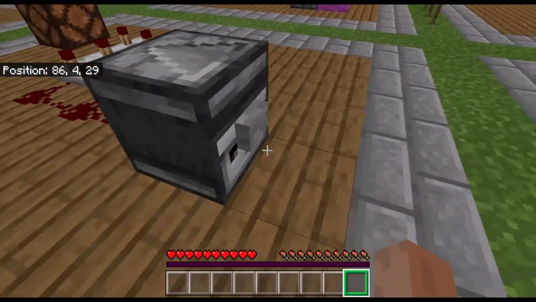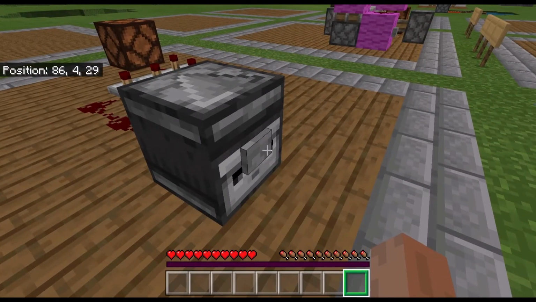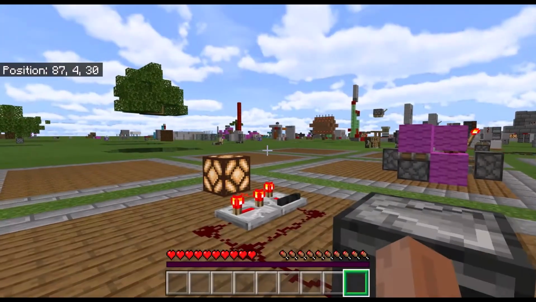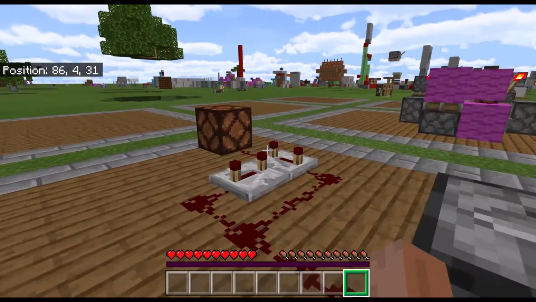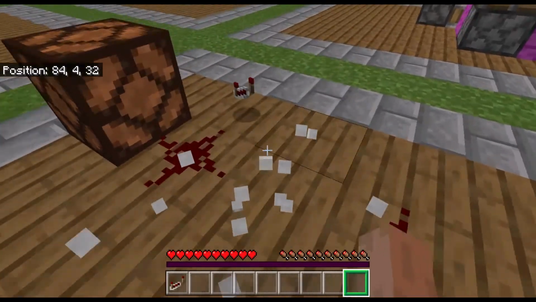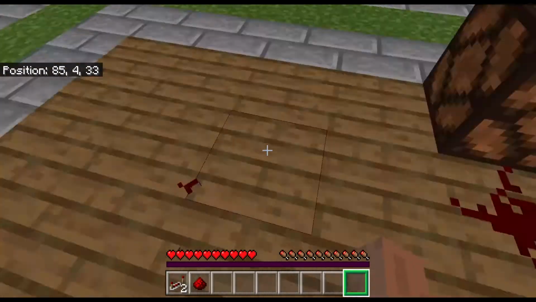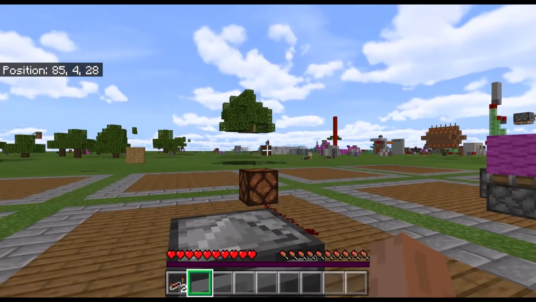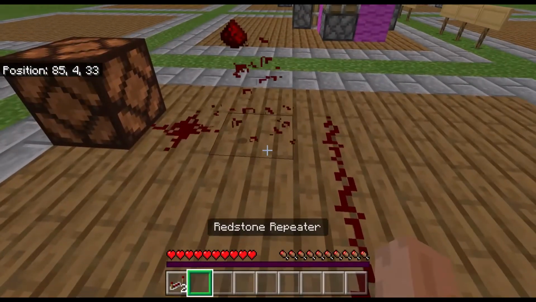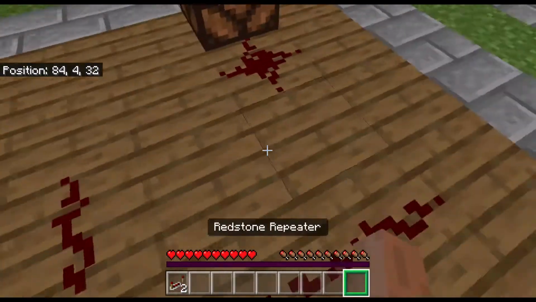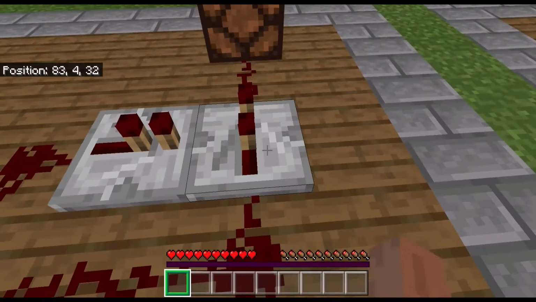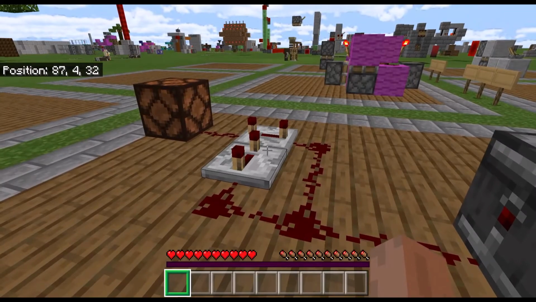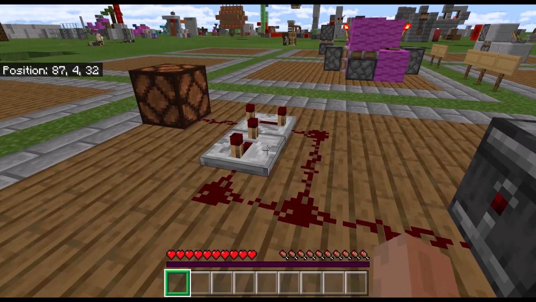Now, if you watch this, if I press this, you'll see that it goes on and stays on only once. But if I got rid of that and just had this, you'll see that it fires twice, and sometimes you probably will not want that. So this little thing right here can fix that, because basically this is taking advantage of repeater